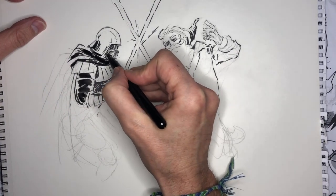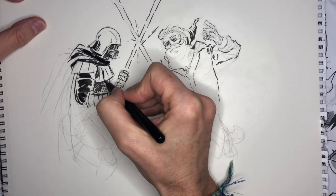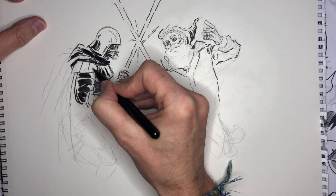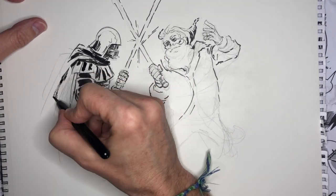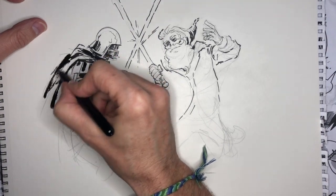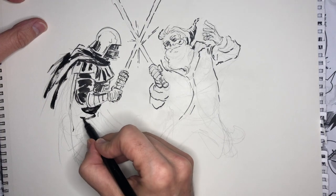I'm just blotting them in. Again, this is 2 times the speed, so when you see me working like this, it is not me working this fast. And I think it has a certain look already. And once I get in there with the color, I think it'll be a lot more interesting